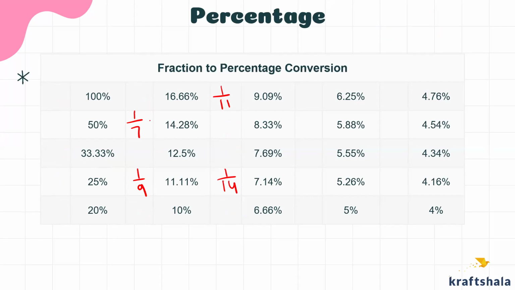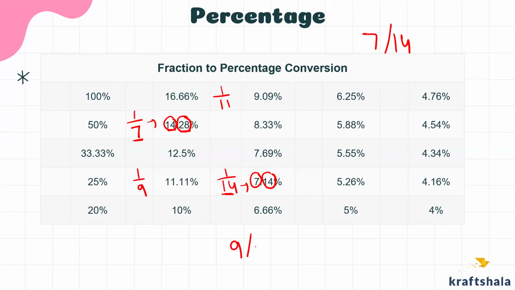So how did I remember? See, 7 and 14 are a couple. 7 and 14 are a pair. Denominator 7, table is of 14: 14 ones are 14, 14 twos are 28. In 7, the table of 14; in 14, the table of 7. Right. Denominator 7, 14 ones are 14, 14 twos are 28. Denominator 14, 7 ones are 7, 7 twos are 14. So 7 and 14 I'll always remember.